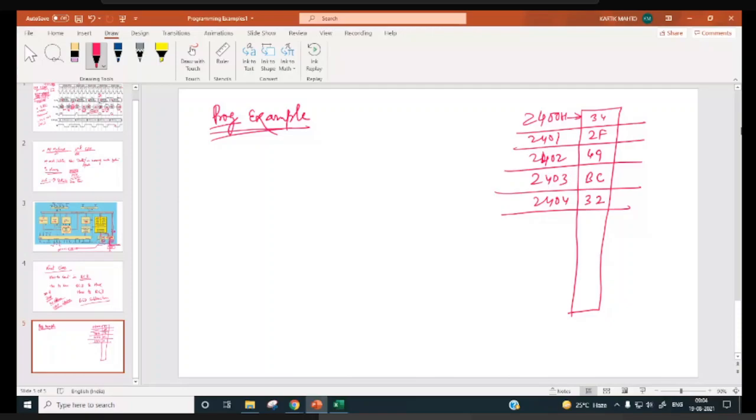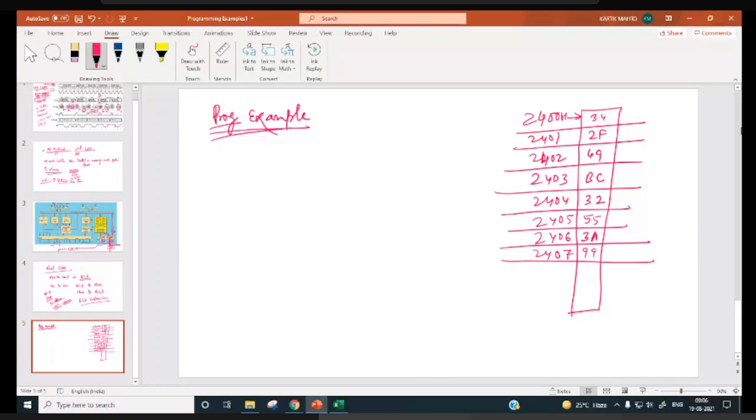at 2405 we have some data say 55, at 2406 some data say 3A, at 2407 we have some data like 99.